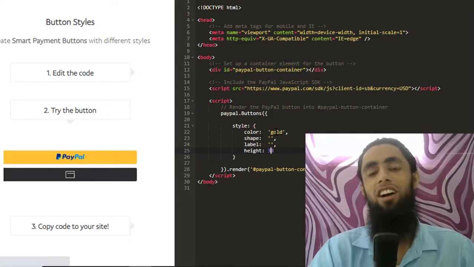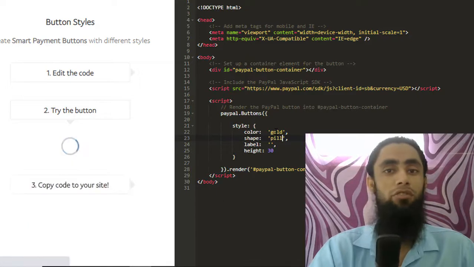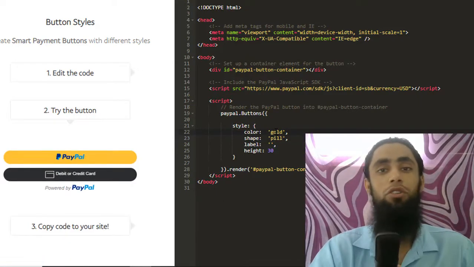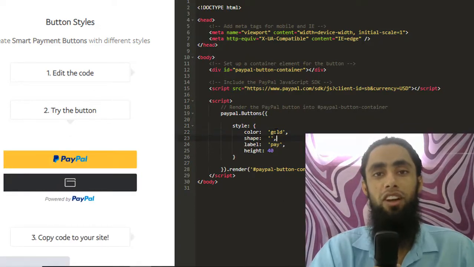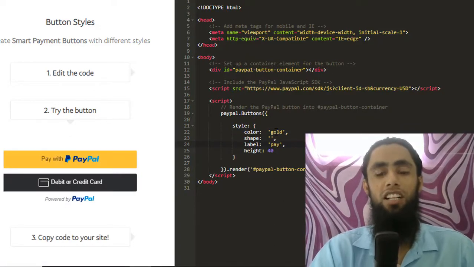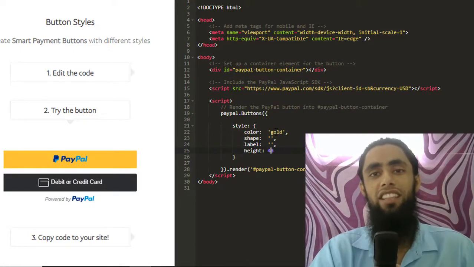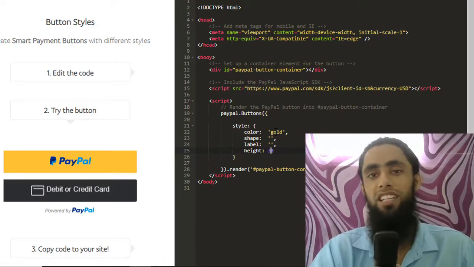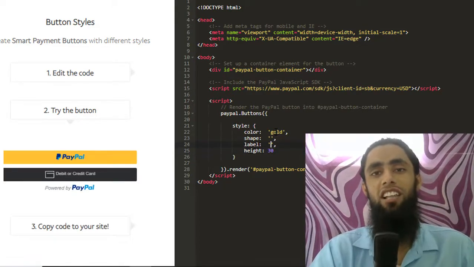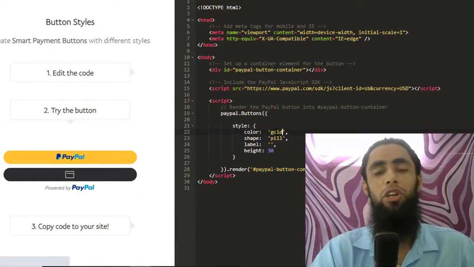You know that this also matters a lot. If you are using yellow color then maybe it would be more trusted, and if you are using black color then people will not trust it as much because this would be new for them. This also creates a good look and feel of your website where you will be adding these buttons. I will be showing you step by step how simple it is to change the style of the PayPal buttons. Just follow the steps which I will be showing you in this video. So let's start with the video.